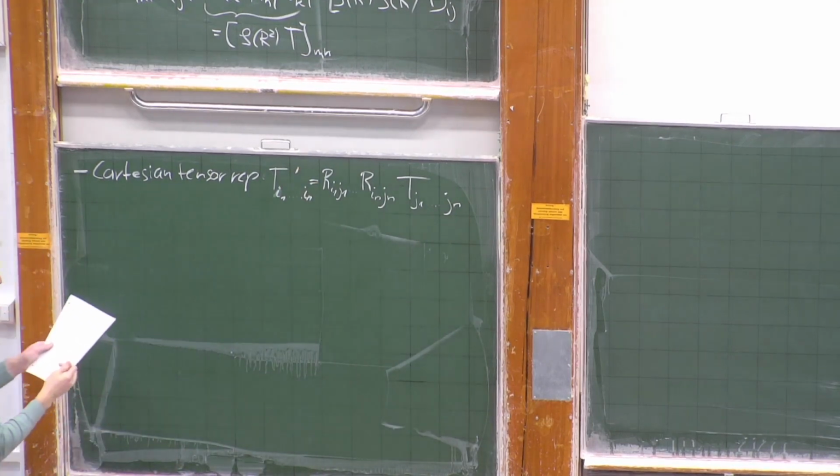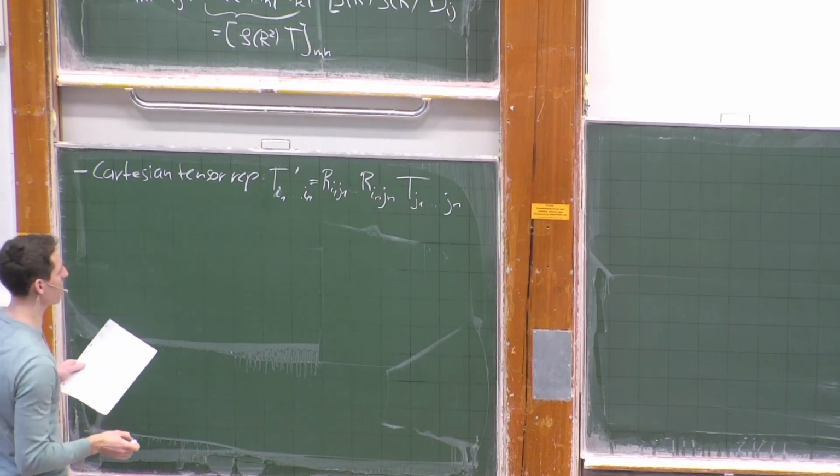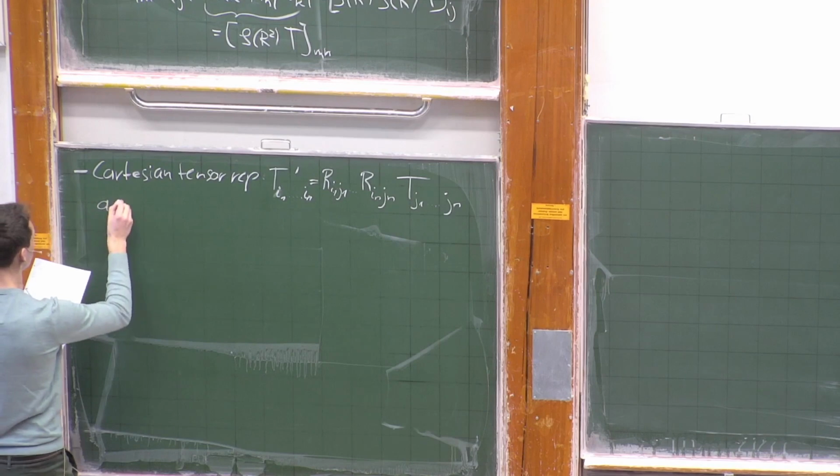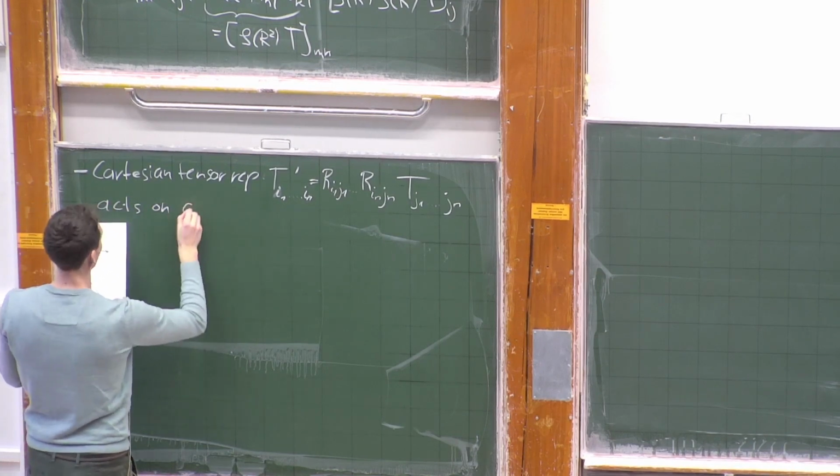So this will be the transformation behavior of Cartesian tensors, and this is a representation which acts on the